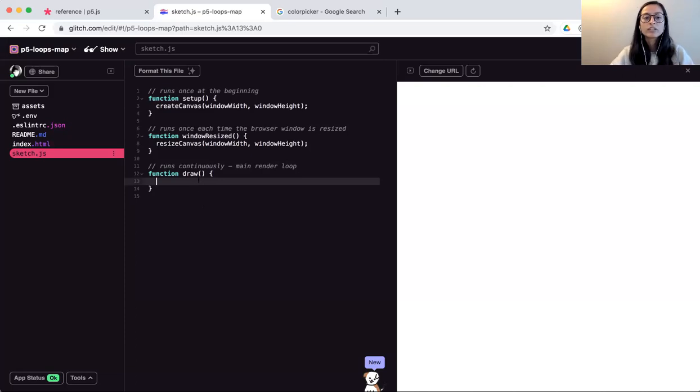All right, so now let's talk about what we are trying to do today here. We all know that if we want to create a single line, we need to use a line function, right? There are different parameters that this line function takes. For instance, like 4 arguments, right? So it needs X and Y position of the first point, and then X and Y position for the second point, right? But what if instead of creating a single line, I need to fill this entire canvas with a lot of lines which are